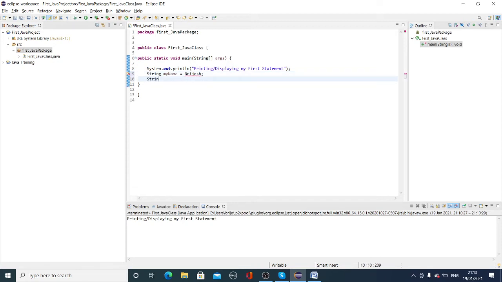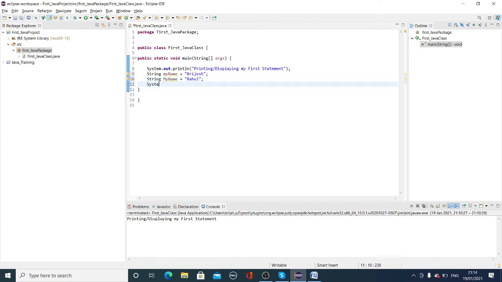If I say String MyName, whenever it is a string, the string is always declared in double quotes. It looks similar, but they are different.